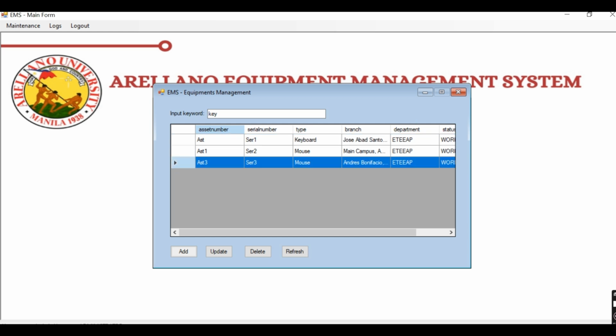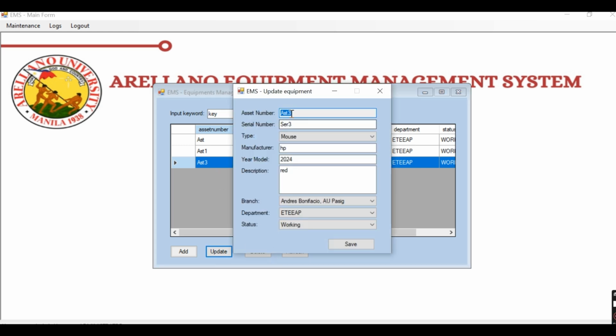So just click OK and then refresh for you to see the item that you added. And then we also have an update button that will allow the user or the admin to edit the equipment form. So we will be editing this one. This is the current, where we can change. For example, you want to change this one into keyboard, and you can use this if you want to make it purple.